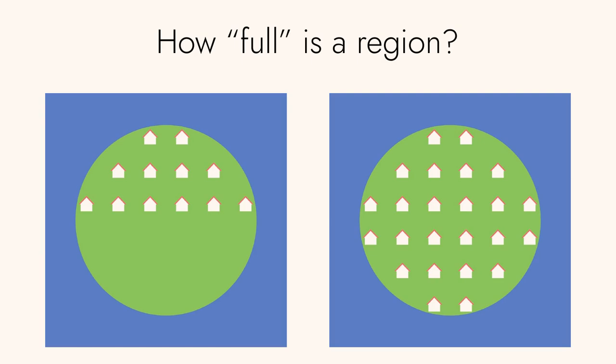Another way to look at this is how full a region is. So for example, here, even though both regions have the same kind of density in terms of how closely the things are packed to each other, the one on the left isn't using the whole island, whereas the one on the right is using the whole island, right? So, the island as a whole, you could say, is more dense on the right because there's no half of it being used for, whatever, nature preserve, golf course, who knows what's on that other half.